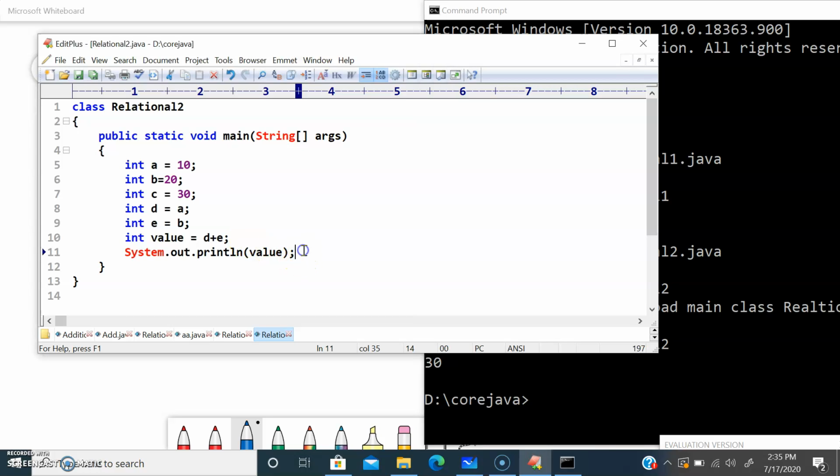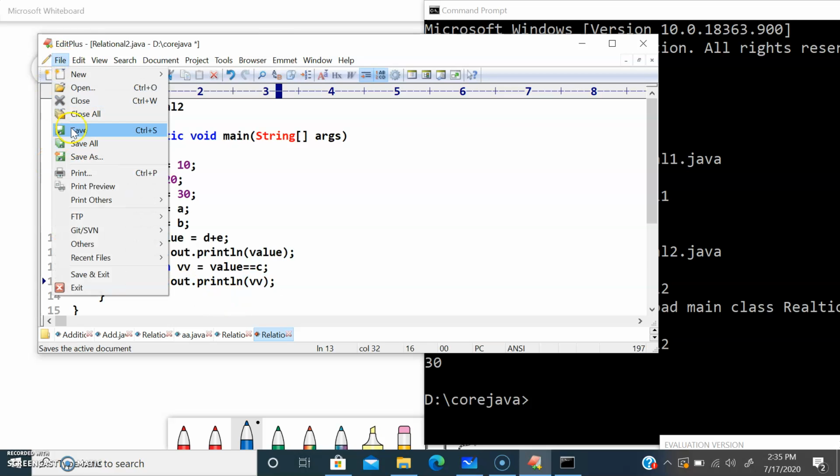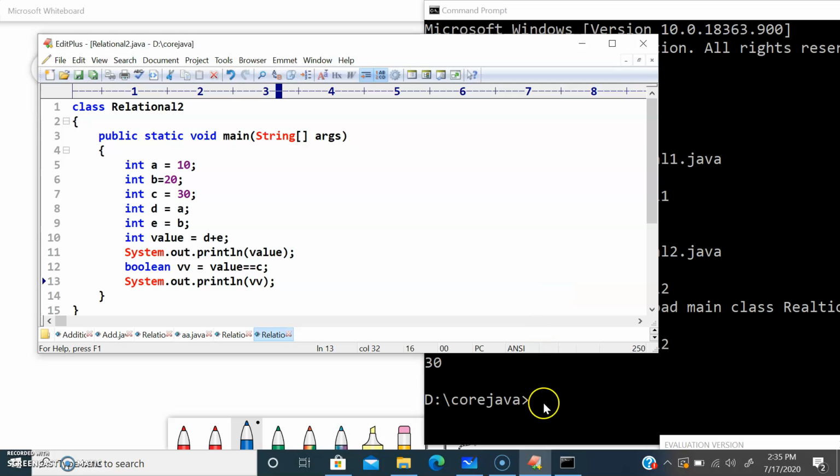For example, let's see. Boolean VV is equal to, let's say, value is equal to C. Let's see what's printing over here. Let me save this one more time.